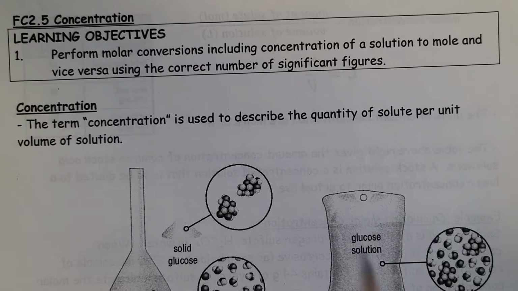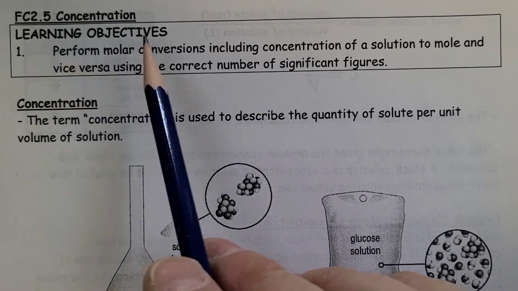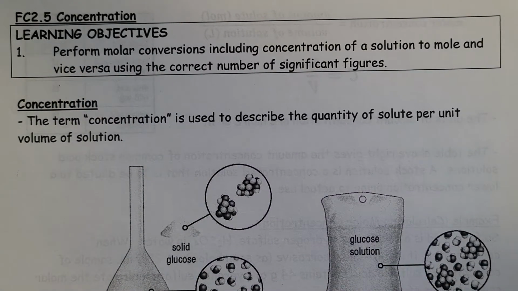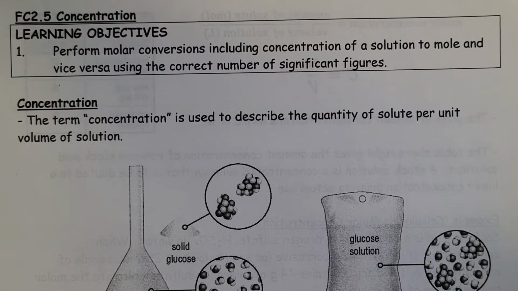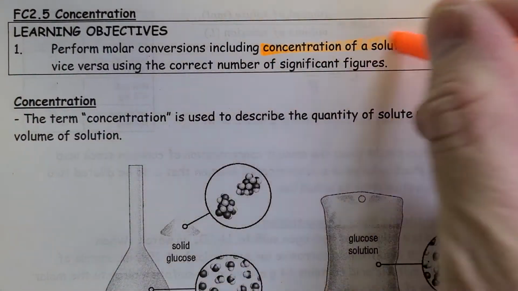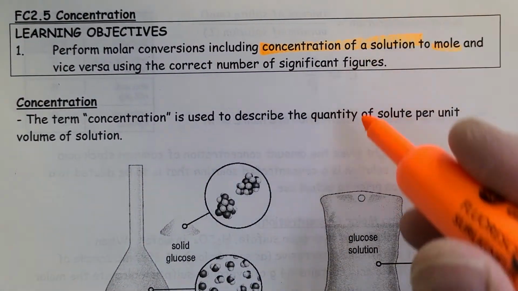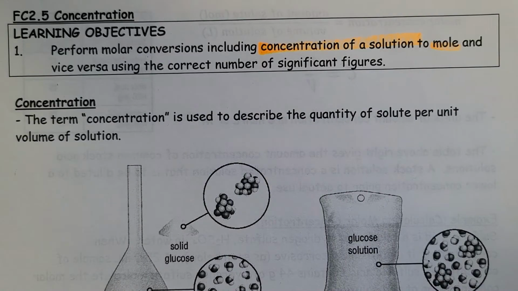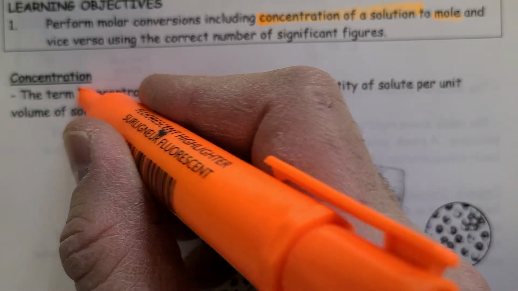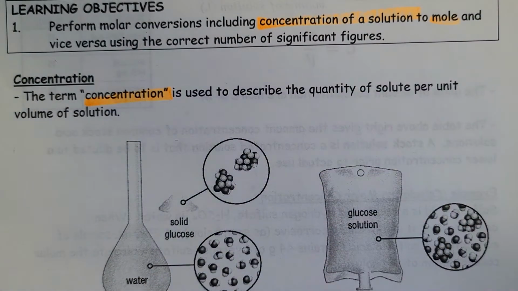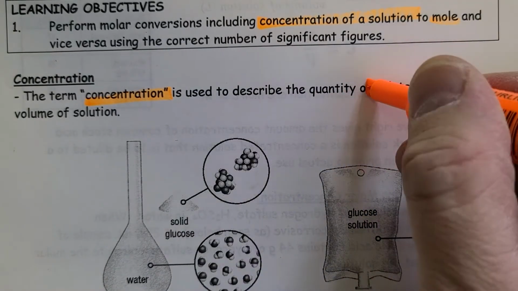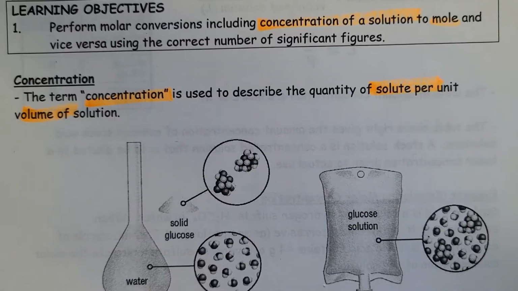So this is the last section in FC2, FC2.5 Concentration. So we'll be looking at molar conversions involving concentration of a solution to mole and vice versa using the correct number of sig figs. So concentration, the term concentration is used to describe a quantity of solute per unit volume